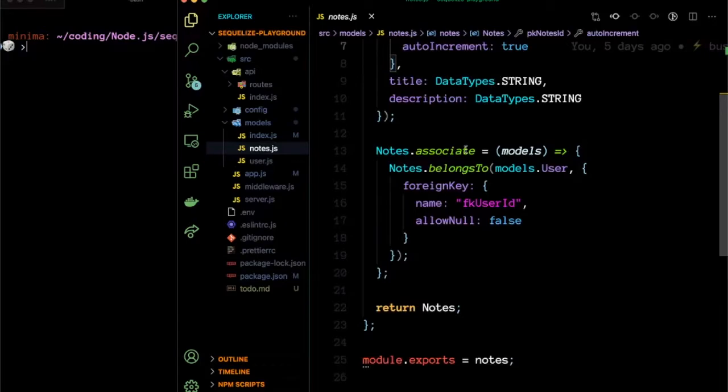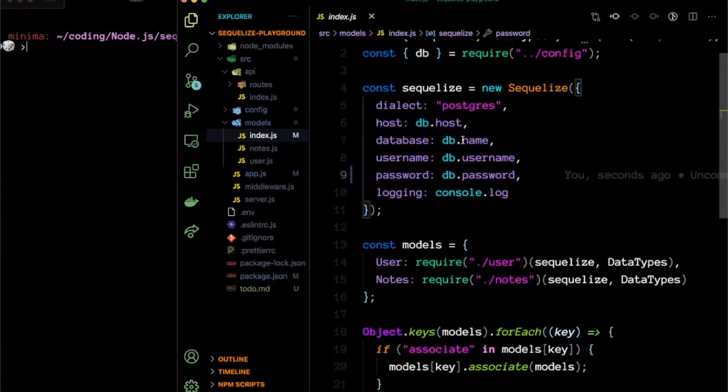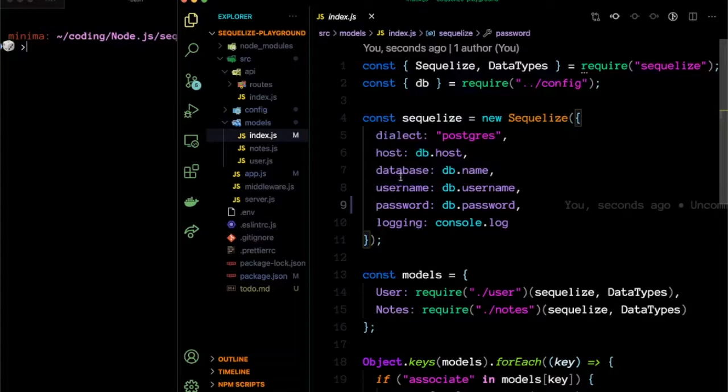One good thing about an ORM is that you can write your table and it generates the SQL query for you, and it creates the table for you. So it is a really easy thing. You can get up and going with the ORM. Then here we have all our database properties to connect to our database. So you can see we have defined the dialect, and we have turned the logging to console.log.